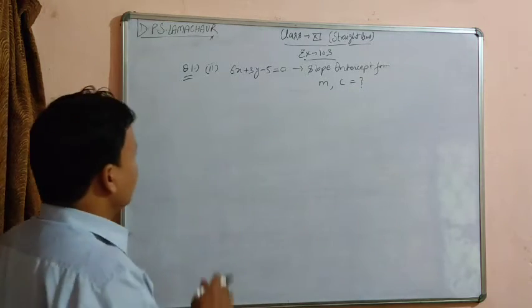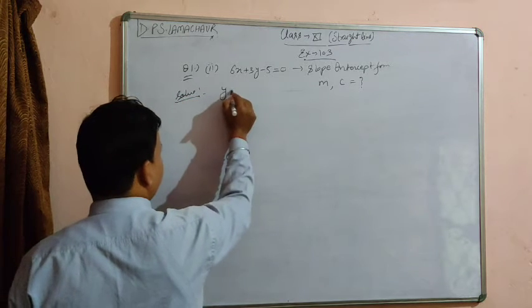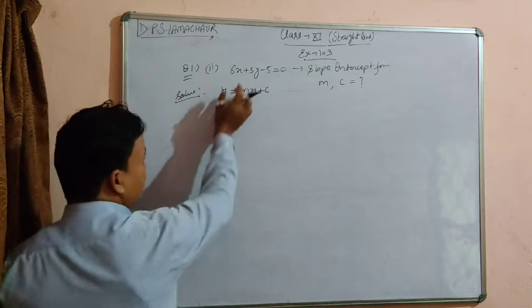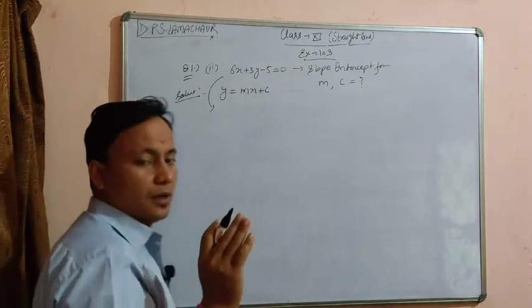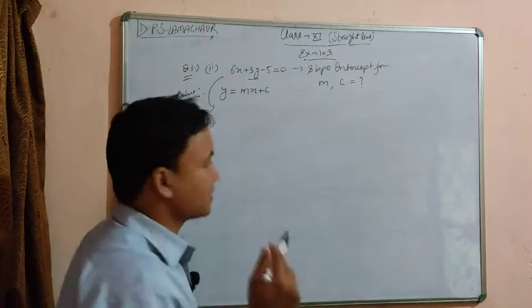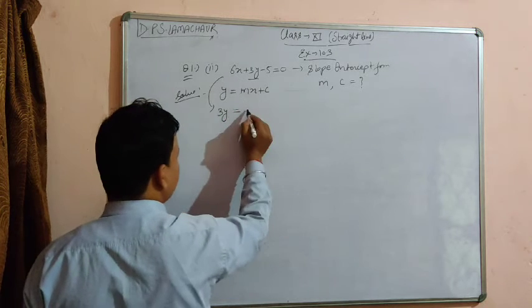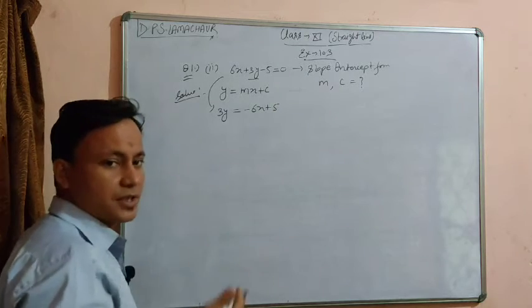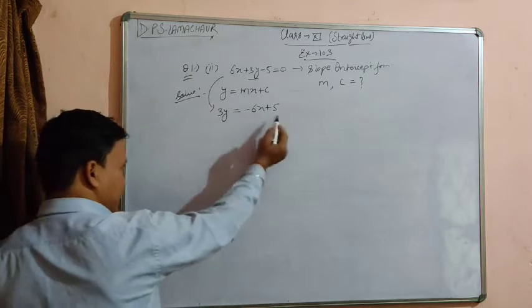Okay, so beta, first we will write the slope intercept form, which is y is equal to mx plus c. Now we have to reduce this general equation in terms of this. For that purpose we have to take y alone and the rest of the terms on the right side. So 3y equals minus 6x on the right hand side, and this will become 5. Now what is the next step? We have to make the coefficient of y unity. For that we have to divide the whole equation by 3.